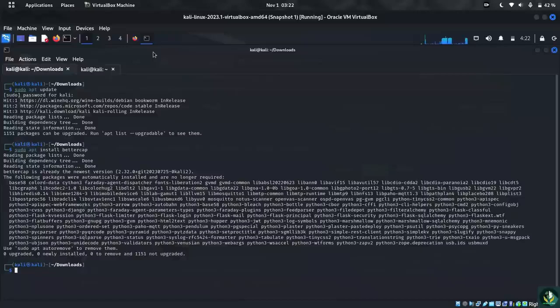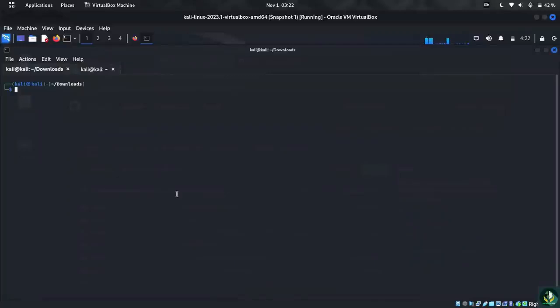So for me it is already installed, but for you, if it is not installed, you can use sudo apt install bettercap. Okay, perfect. Now I'm going to run this. Okay, I'm going to clear everything. Now let's use sudo